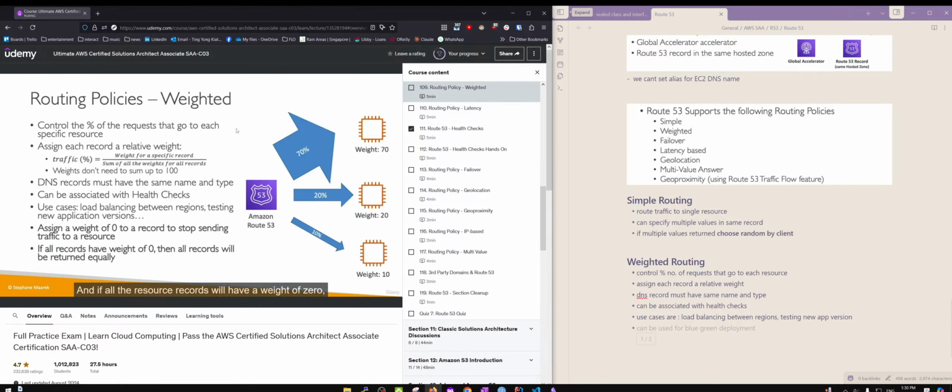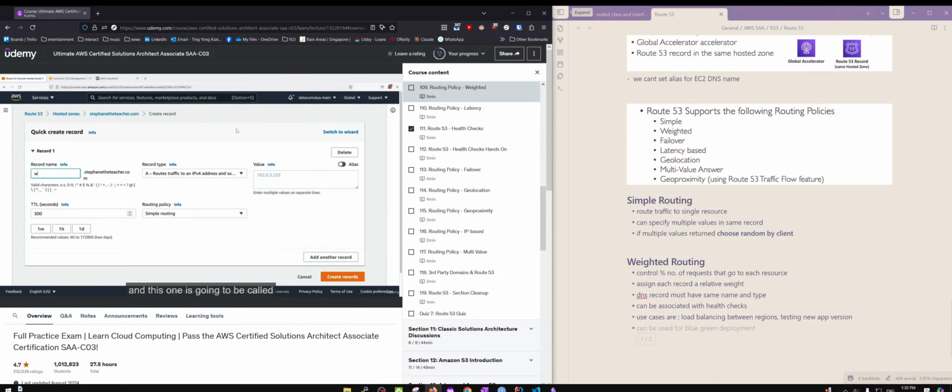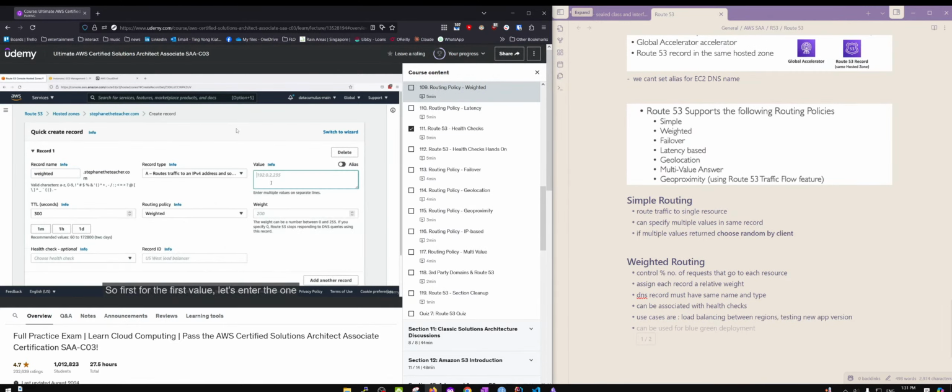And if all the resource records have a weight of 0, then all the records will be returned with equal weights. So let's have a look in the console to see how that works. So let's create a new record, and this one is going to be called weighted.stefan.teacher.com. It's an A record, and the routing policy is going to be weighted. So first, for the first value, let's